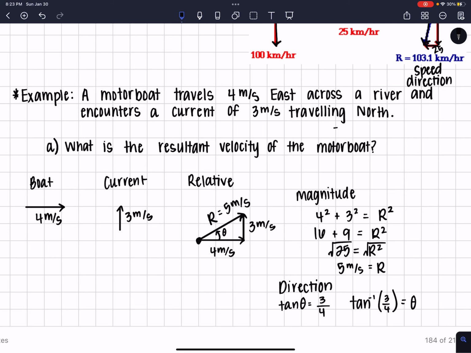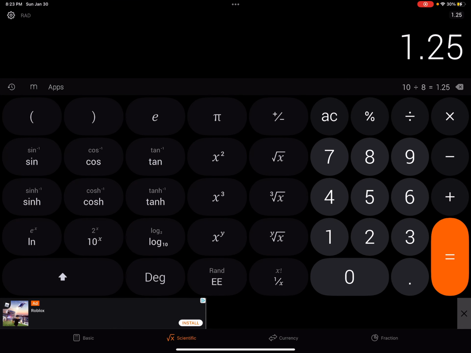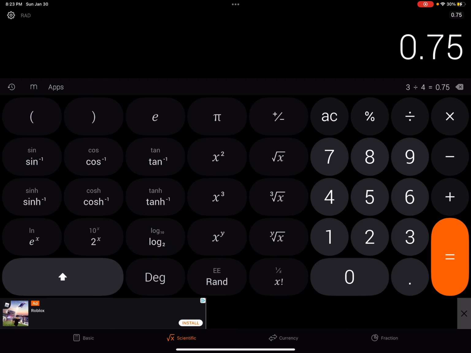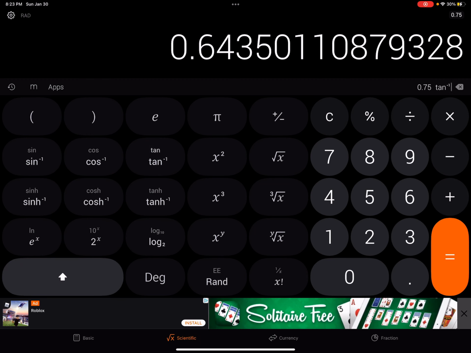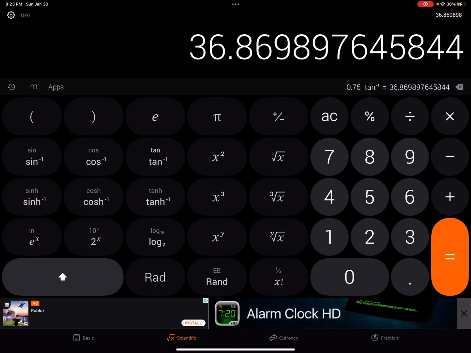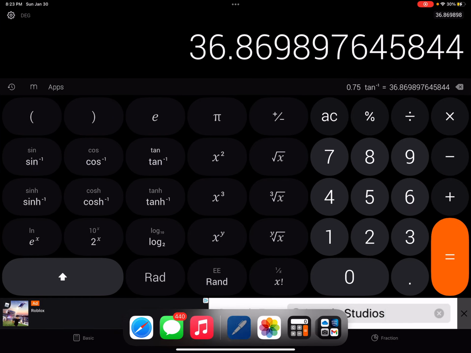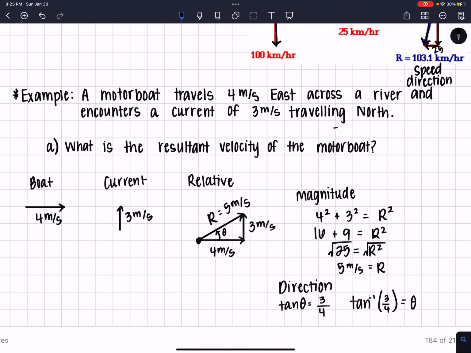So I just need to plug this into my calculator, which I can do here. I'm fairly certain that I can at least. If I do 3 divided by 4 and hit equals, I can hit the second button and do the inverse tangent. That does not seem right. Oh, I guess because I had to hit equals. Yes, all right. I get 36.9 degrees, and that does seem right. So 36.9 degrees is equal to my theta, but remember, when we read the direction of a vector, we don't just